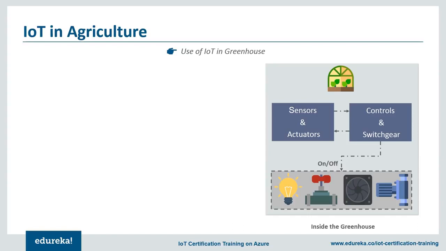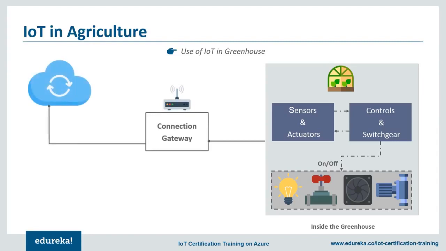So, how the system works is that the sensors sense various parameters and areas of issue inside the greenhouse. They then relay the information via a connection gateway to the cloud, which then sends remote commands via the same gateway back to the sensors. Once these signals are acknowledged, they are passed on to the switchgear, which then activates the lighting, pumps, and turbines inside the greenhouse, which then create artificial sunlight and sometimes artificial precipitation inside the greenhouse.